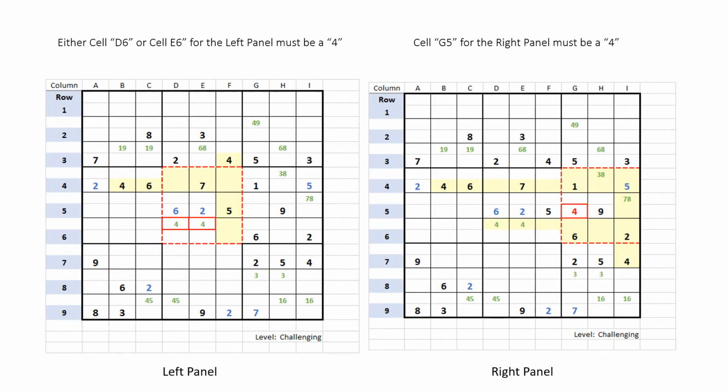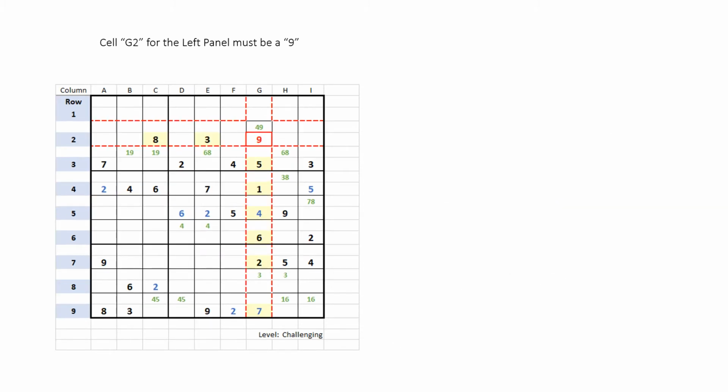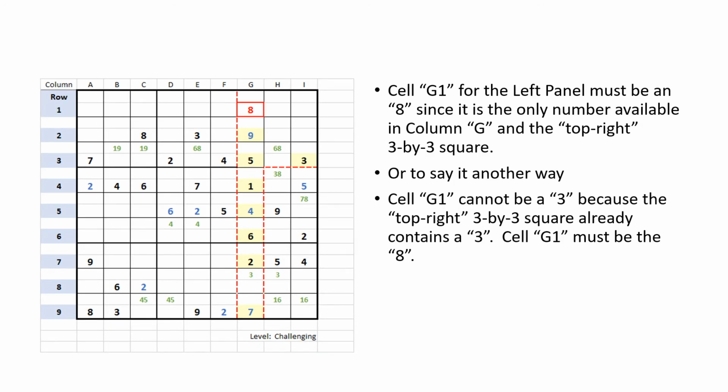Either cell D6 or cell E6 for the left panel must be a 4. Cell G5 for the right panel must be a 4. Cell G2 for the left panel must be a 9. Cell G1 for the left panel must be an 8, since it is the only number available in column G